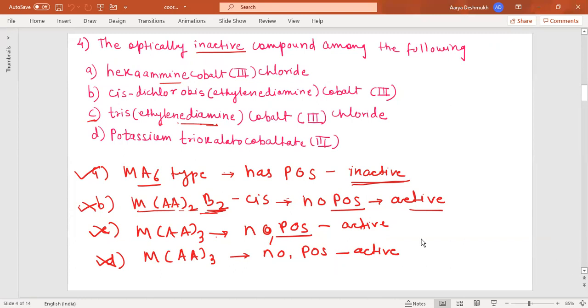Now the next one, before we proceed, when you have the options in front of you, the first thing you try to find out is the type, and actually it's not needed to draw the structures for the complexes. Remember. You just have to find the type of the complex, and you can watch my earlier videos where I explain the types of complexes, which will show optical activity and which will not show optical activity. So that will be easier for you. Okay. Then proceed further. The next question.